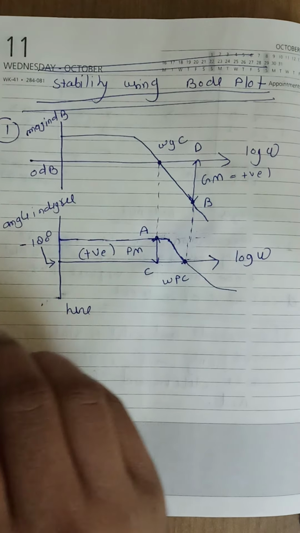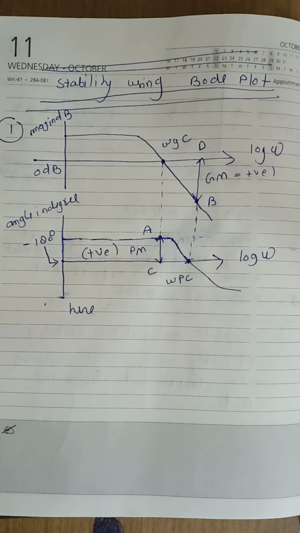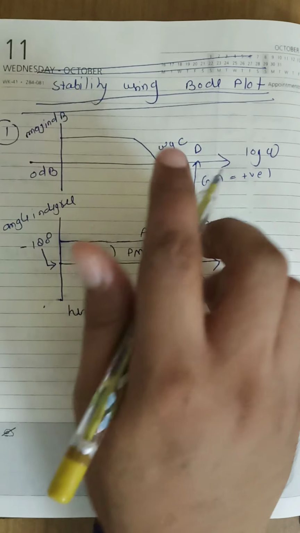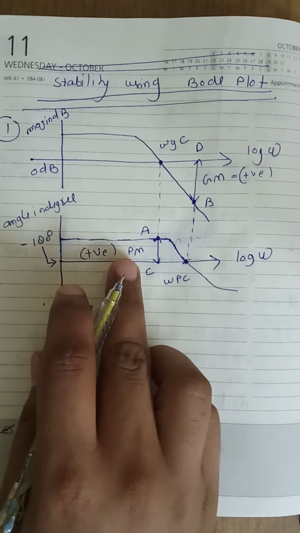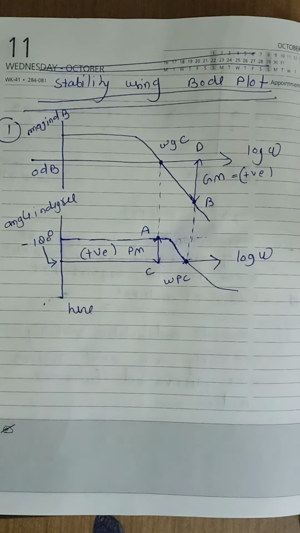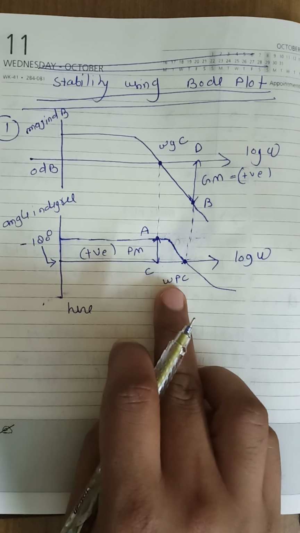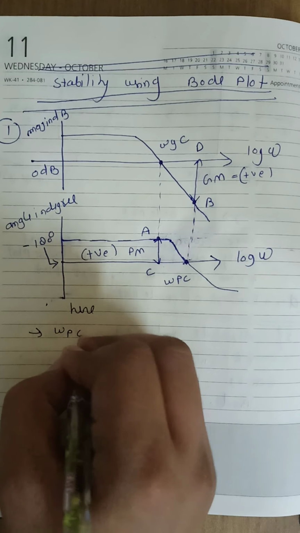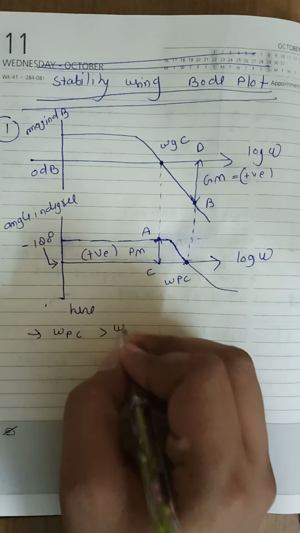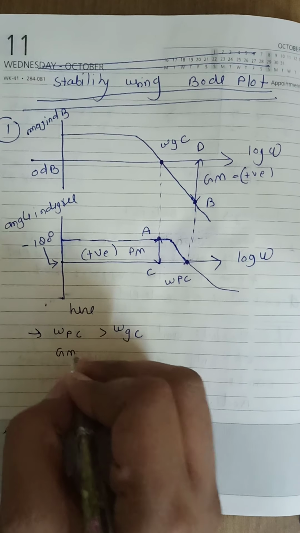If point B is above the 0 dB line, the gain margin is negative. We will see the second case according to the diagram. Here we have a positive gain margin, and here we have a positive phase margin. According to the diagram, you can easily see that omega PC, or phase crossover frequency, is greater than gain crossover frequency. Here gain margin is positive,